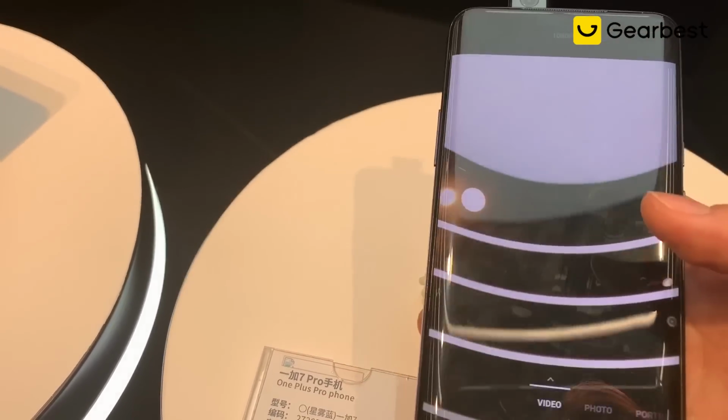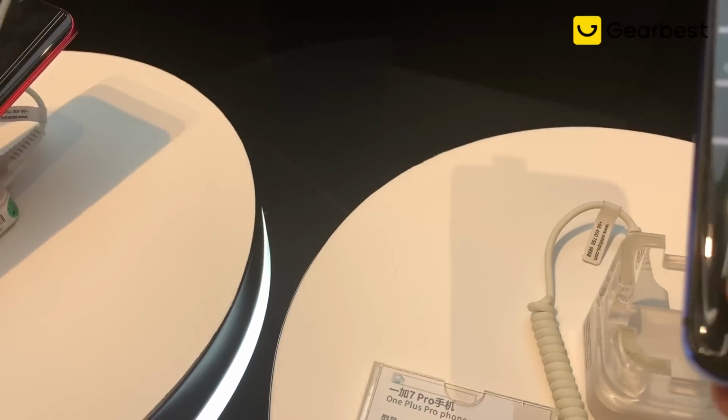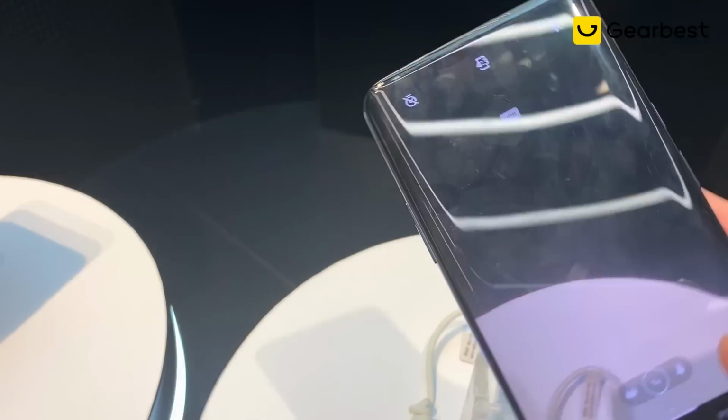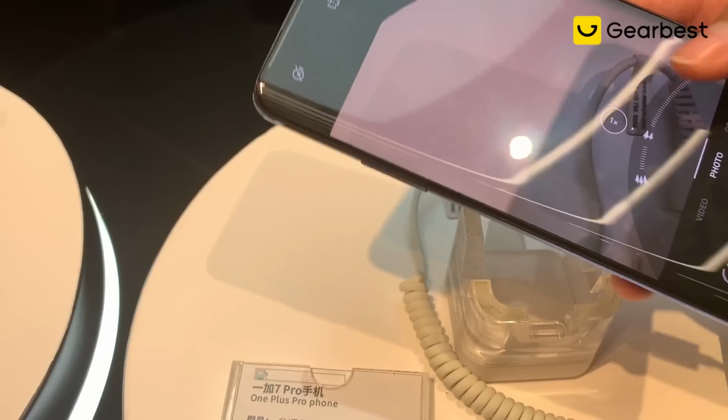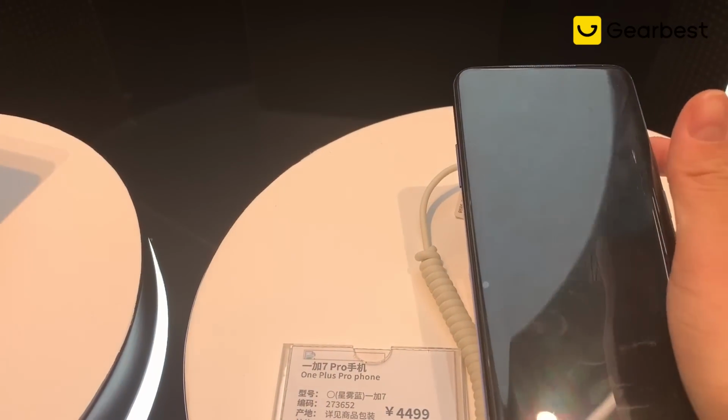Okay, once again, before I wrap this up, let's pop up the camera again. And let's take a look at its rear camera, what it's capable of. I cannot really show much. Let's zoom a little. So yeah, that's it. Just a little quick